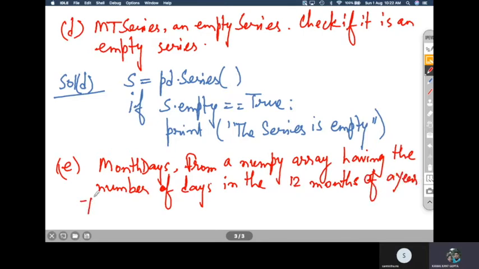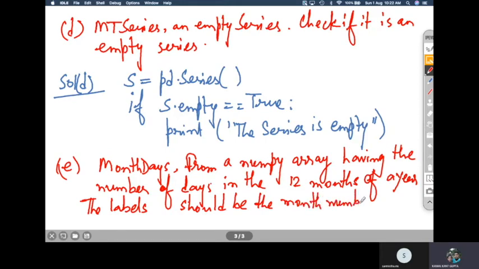The labels should be the month numbers, starting from 1 to 12.